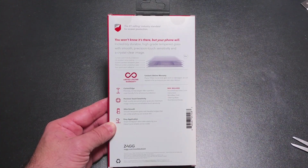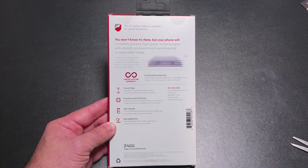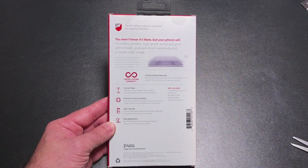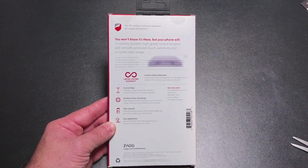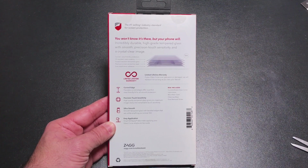Now, for those of you who have used Zagg screen protectors and may be reacting to the overall intro on how expensive it is, or you've tried it and it's failed miserably, I have to highlight first that this is an updated version of the actual screen protector that you may have experienced before. And yes, it is very expensive and it's kind of hard to justify the price, but a lot of us